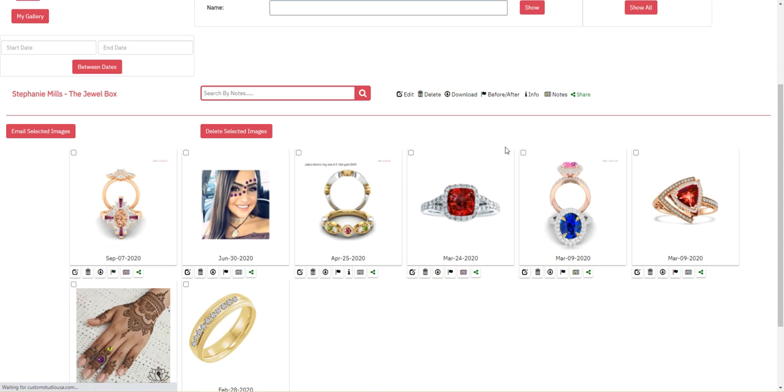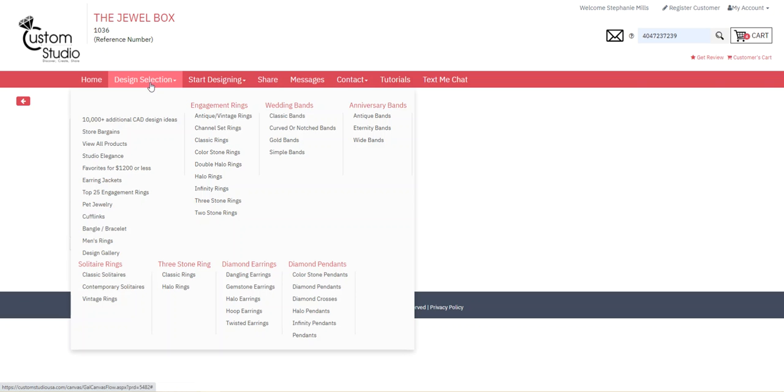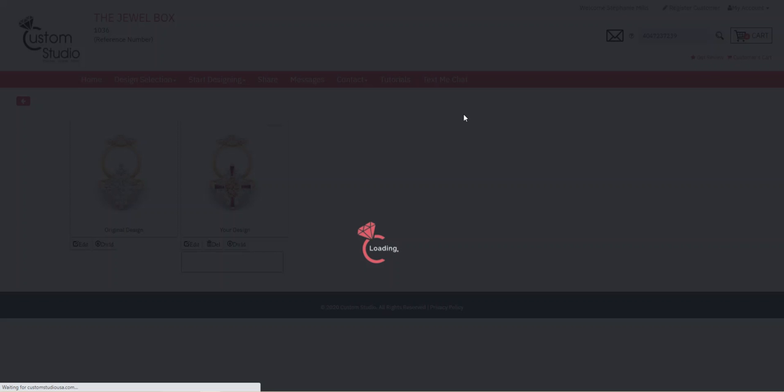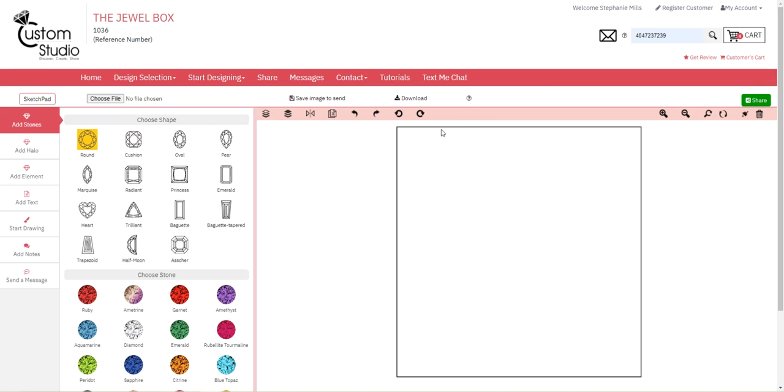Very simple to showcase in terms of where you are going, and that's what you started and that's what you ended up with. Also, the beauty about Custom Studio is that you can bring in just about any design from anywhere. You could create your own jewelry from scratch or bring in any product image. For example, we will choose an image we have saved